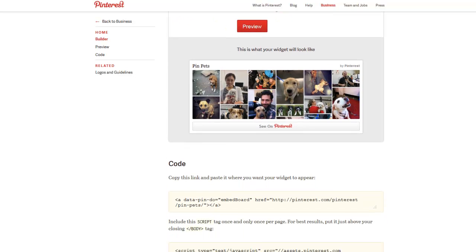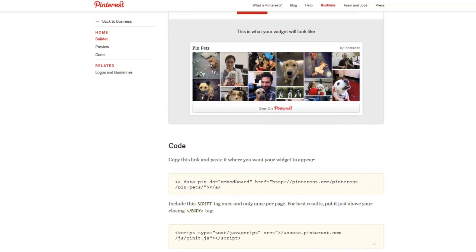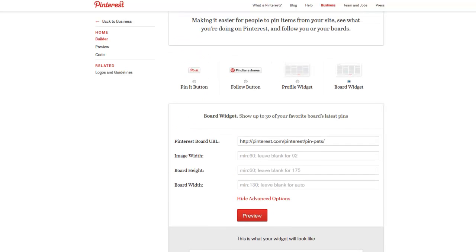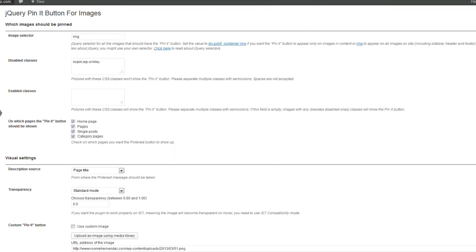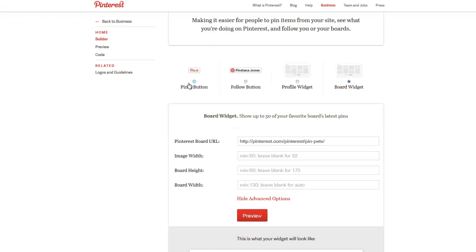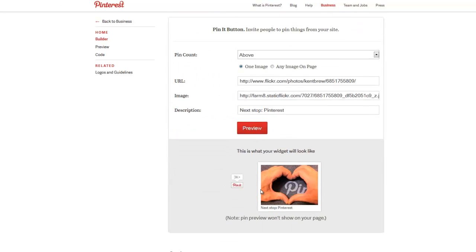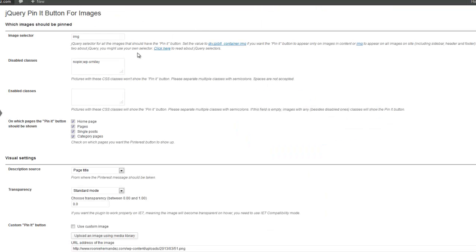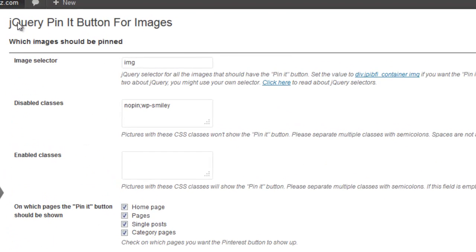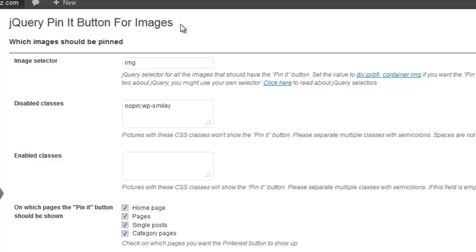They've obviously seen what people have been doing on the WordPress repository and decided that, you know, they might as well include that in their help files, which is what they've done. So good job, Pinterest. Now, what they don't provide is a way to actually have the pin it button on the image. All those out there are putting the pin it button alongside the image, okay, not actually on it. But some clever soul very kindly has provided us with this one here, jQuery pin it button for images,